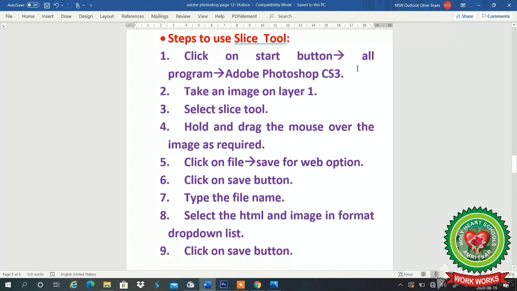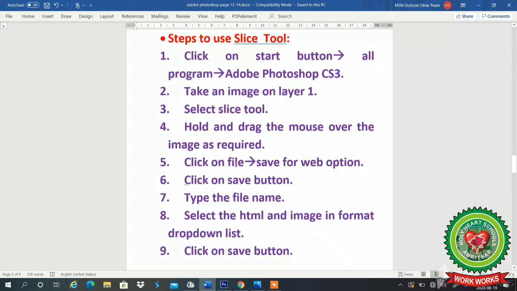Click on the start button, All Programs, Adobe Photoshop CS3. Take the image on layer 1. We have the background layer as default. Select the slice tool. Hold and drag the mouse over the image as required, meaning as many slices as we want.